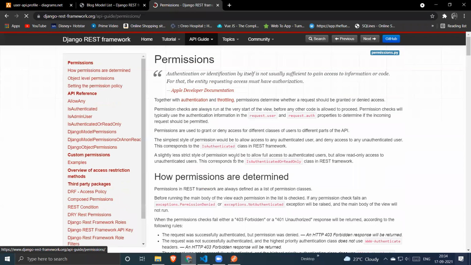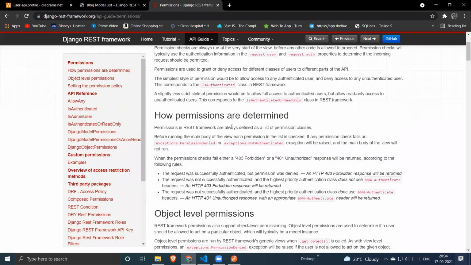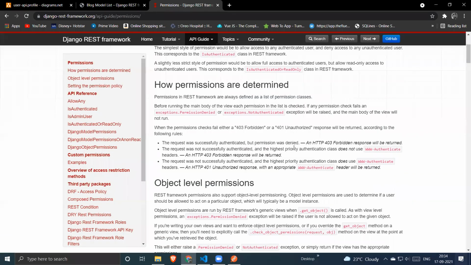So let me go back to the Django documentation. So how permissions are determined. What we are actually doing is performing a permission check. If the user is the authorized person, then only he can update his object, right? It is some kind of permission. So we are going to use the permission classes of REST framework. So what are permission classes?